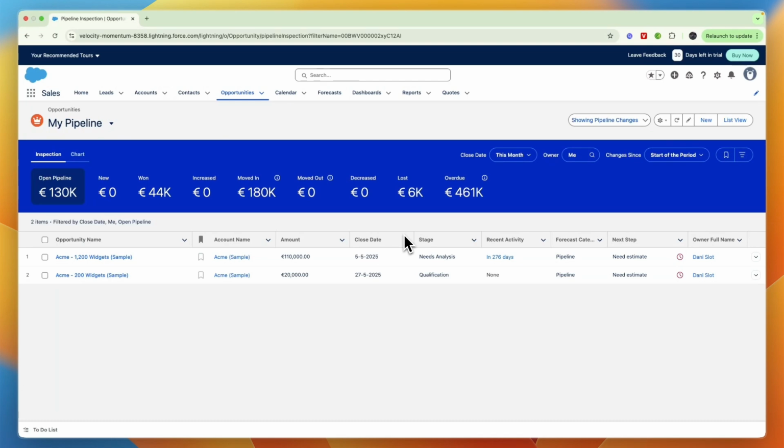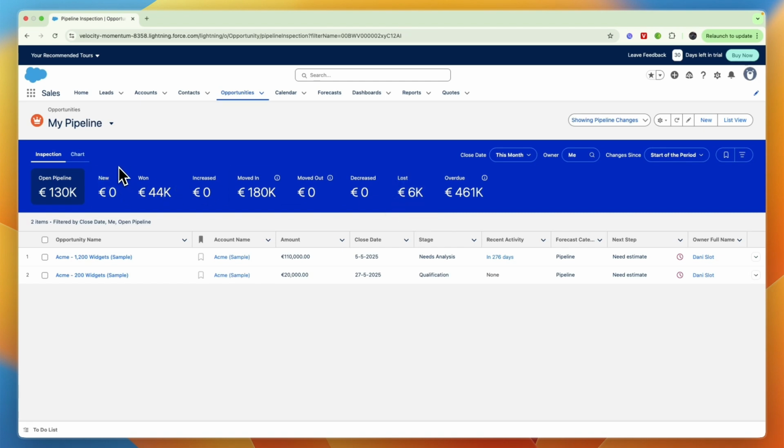In this video, I will show you how to change opportunity stages in Salesforce. So you can see right now I have, for example, open pipeline, new, and all these other ones. If I want to change this to my own custom stages, then what you want to do is